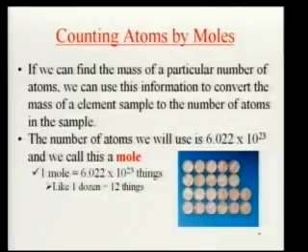Now, the number of atoms we will use, instead of our version of the dozen in chemistry, is this big number here: 6.022 times 10 to the 23rd. So that means take that decimal place and move it 23 places to the right. It's a big number. What we say is that many of anything is a mole. Whether you're talking about elephants, cars, atoms, it doesn't matter. A mole is that many. So we call this a mole. 1 mole, this is a conversion factor now. Like 1 dozen is equal to 12, 1 mole is equal to this many